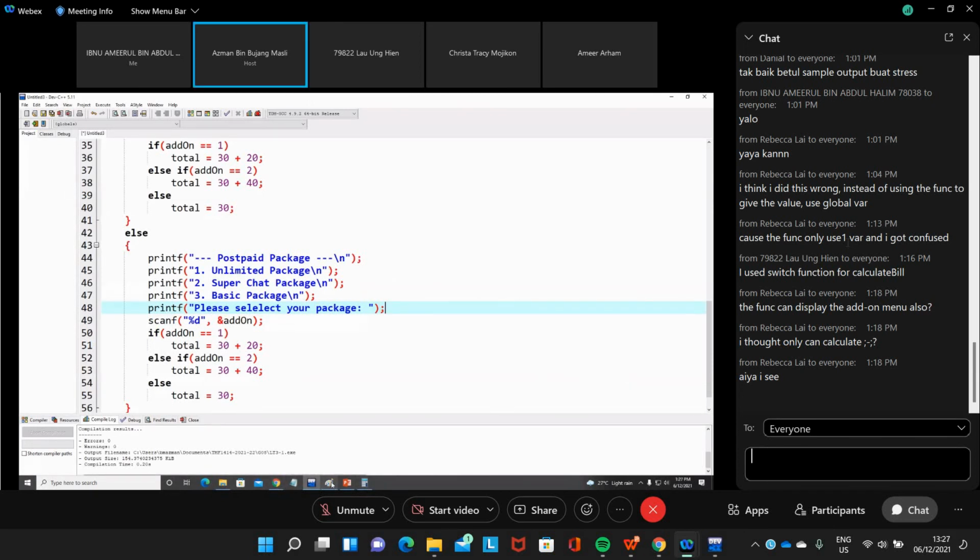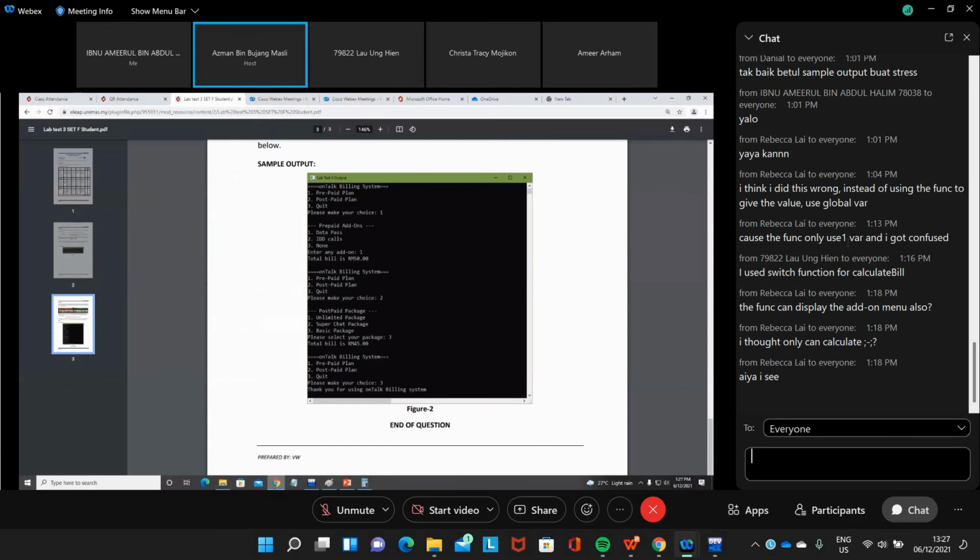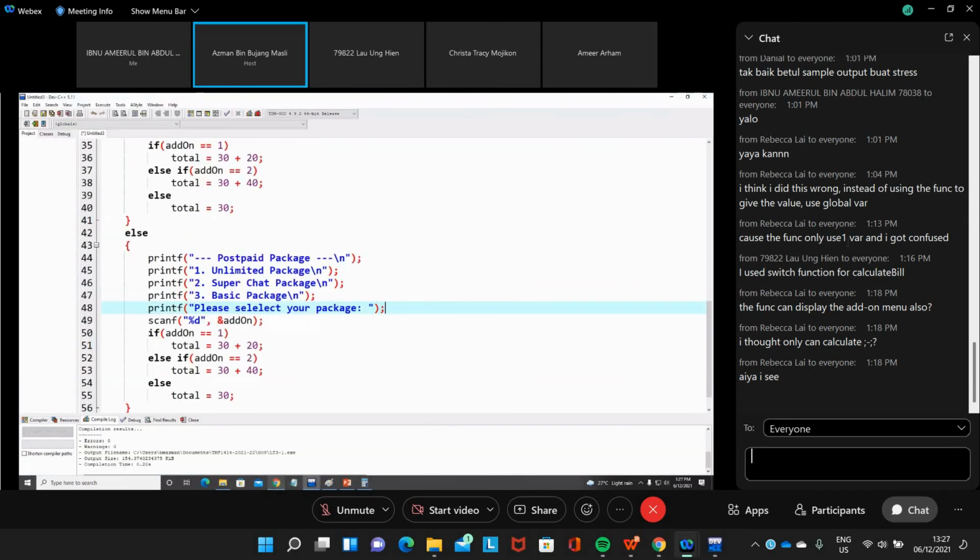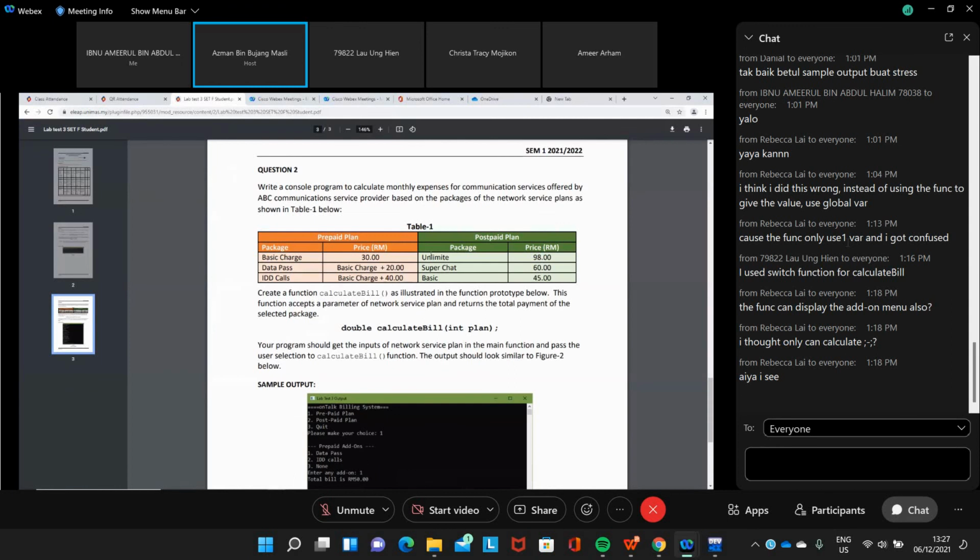we can use the same variable add-on. Select a package, basic package, and then we have that one. So we look at the formula here. Unlimited 98, super chat 60, and basic 45.